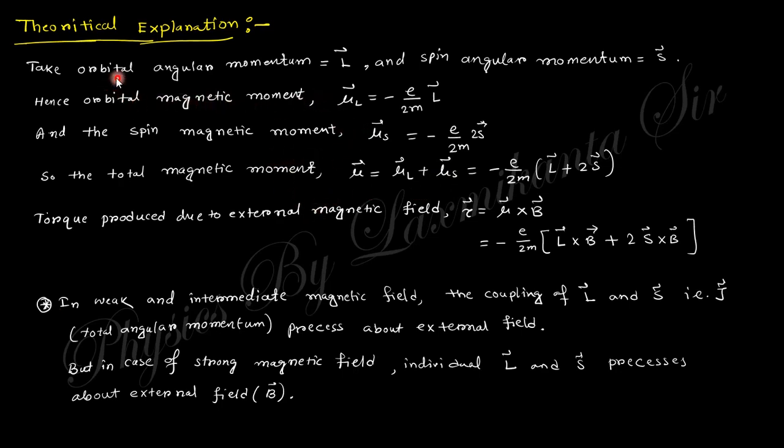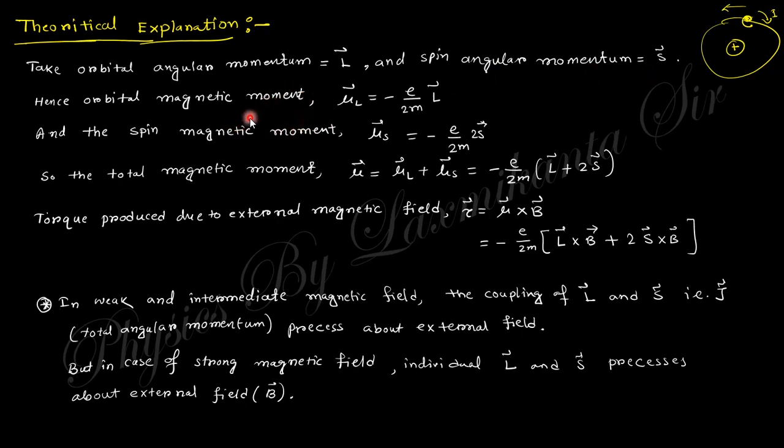If you take the orbital angular momentum as L, orbital angular momentum means when this electron precesses about the nucleus. This is the nucleus. When the electron moves along that path, a current is produced in the opposite direction, and this current gives you the angular momentum. So this angular momentum due to rotation of the electron is the orbital angular momentum, that is L, and the spin angular momentum is S. If you take these two as orbital angular momentum L and spin angular momentum S,